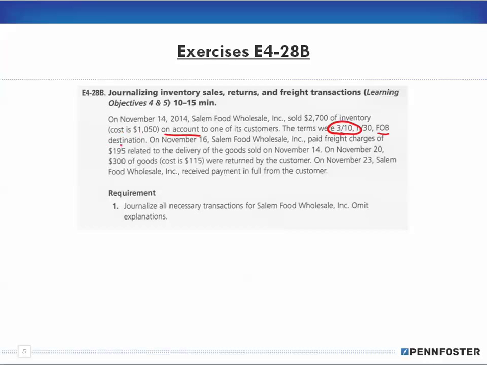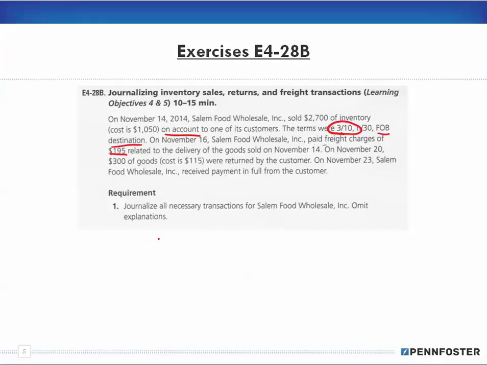FOB destination. On November 16th, they paid freight charges of $195 related to delivery of the goods sold on November 14th. On November 20th, $300 of goods were returned by the customer with a cost of $115. And on November 23rd, Salem Foods received payment in full from the customer. Okay, so